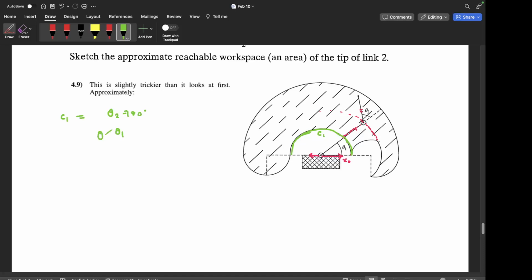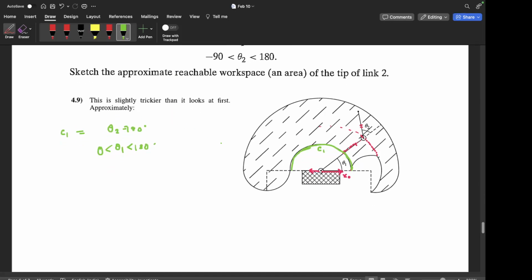0 to 180, right? That's the limit of theta 1. So when the first link is completely lying down here and link 2 is folded on top of it, that is this point, and again first link is lying down here and then completely folded on top of it, right? So this corresponds to the green part. That's the easiest one. And the second most easiest one is